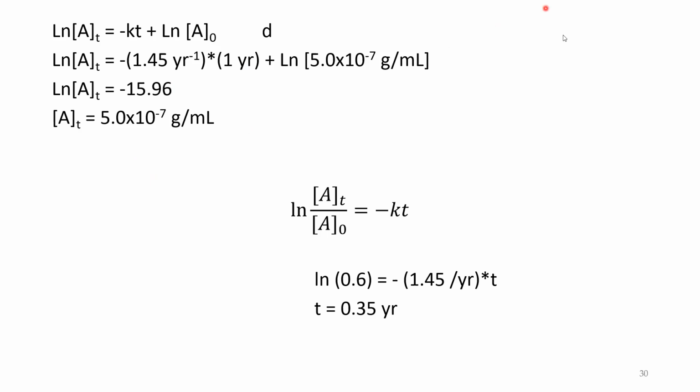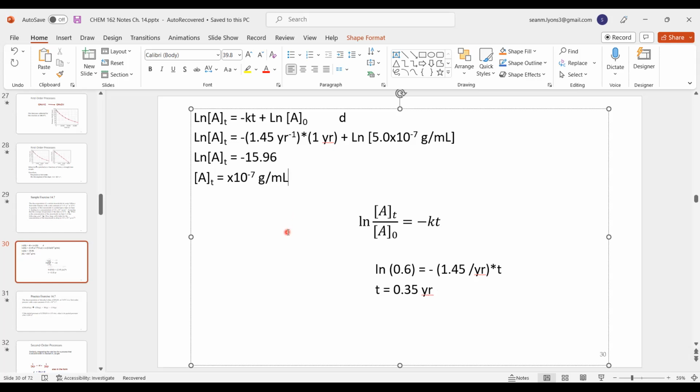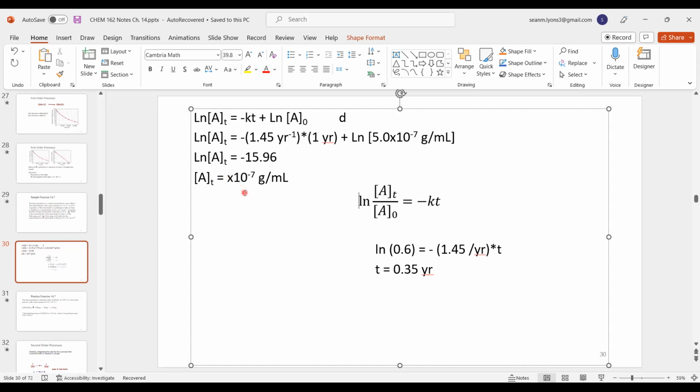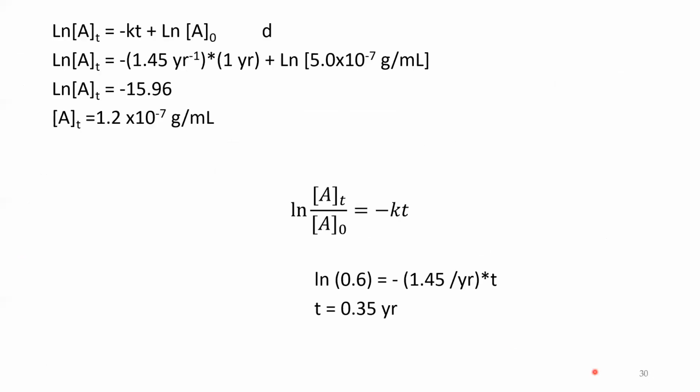that is not the correct number. So I wrote the initial concentration again, so let me, oops, where did that go? Yeah. So with it, you should get 1.2 times 10 to the negative seventh grams per cubic centimeter, or grams